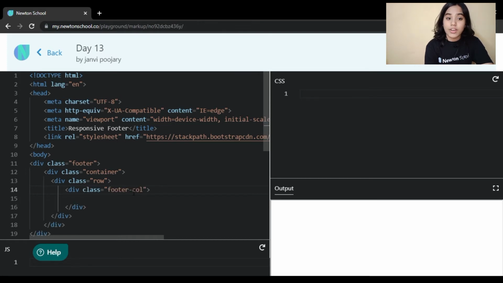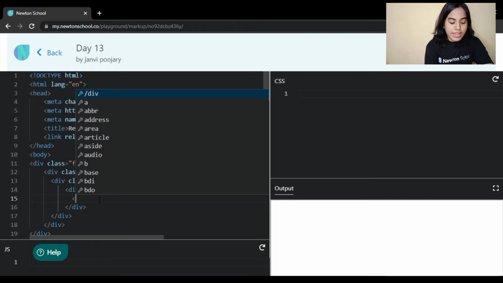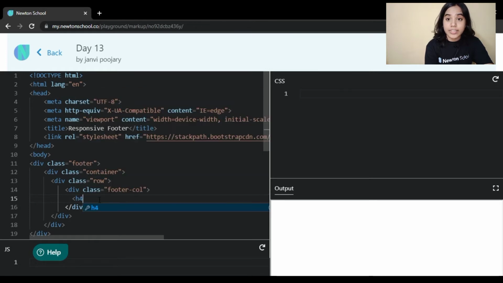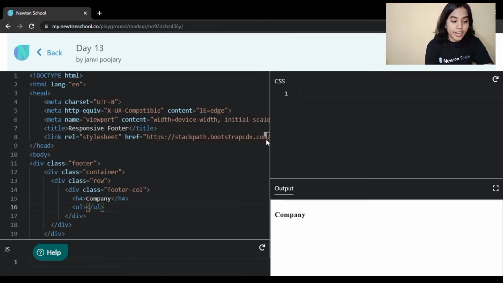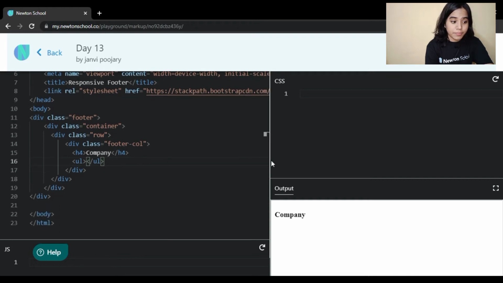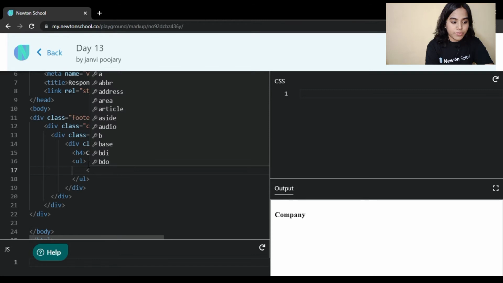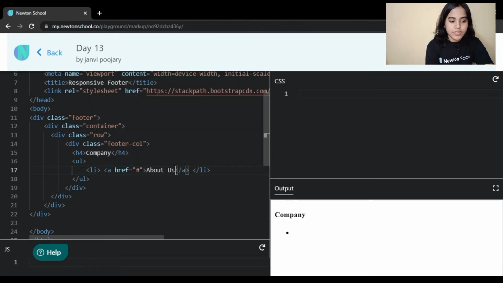We will write footer-col. I will write h4 as company, and inside that I will write a ul tag, and inside that ul tag we will target our menus. We will say about us, our services, privacy policy and affiliate program.